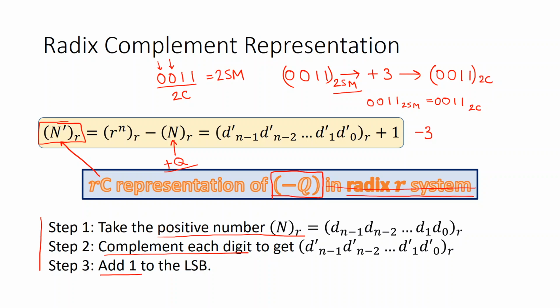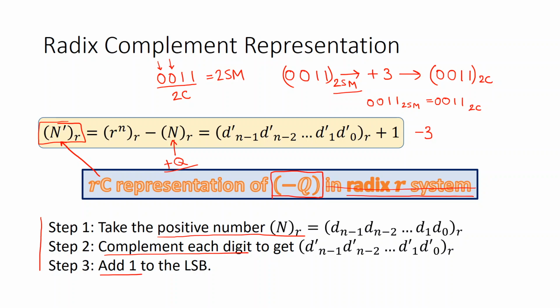Represent -3 in 2-bit binary. You have to say this cannot be done, because to represent -3 you have to know first the 2's complement of +3, which is the same as the 2's signed magnitude of +3. And when I am talking about signed magnitude, there must be a bit to denote the sign. You cannot simply denote the magnitude and leave it. And the magnitude of 3 requires 2 bits to be represented. So I need the third bit, at least a third bit, if not more, in order to represent the signed magnitude.